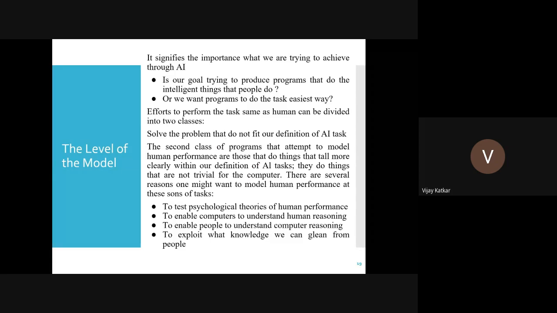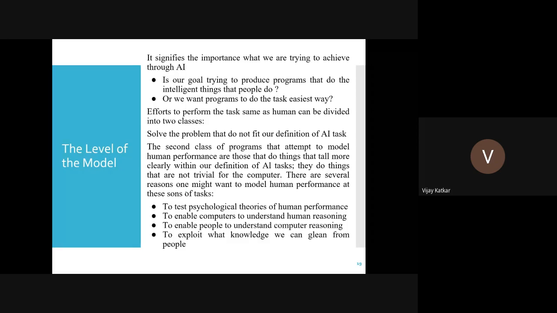So if we want to perform a task the same as a human, so many times humans don't do a task using some intelligence. They simply do it mechanically. It's like a box filling task. Do you need intelligence for a box filling task? No. There is a box, put the thing in the box, wait for the next box to come, put the thing in that box, that box will move on the conveyor belt, the next box will come, put the thing in the box, and keep on doing it. So is it an intelligent task? No, it is a simple task. For this we don't require AI, so forget about it.